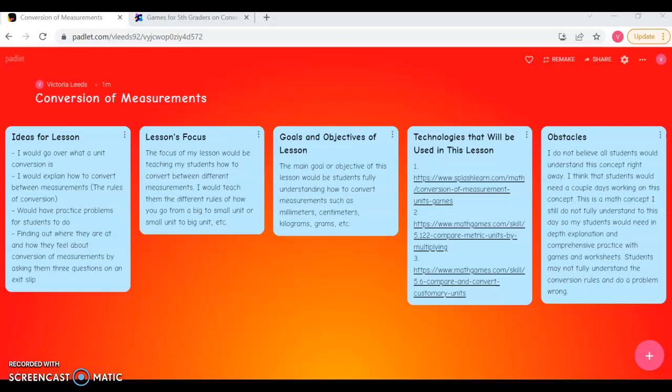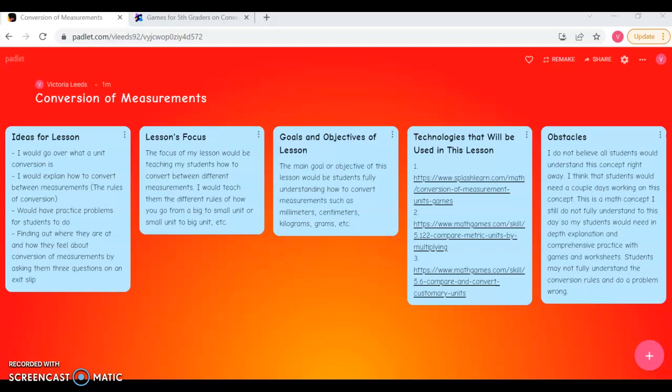Hello all. So the subject matter that I chose for my lesson plan was conversion of measurements. I would say that I've always been really good at math, but this is something that has always been really tricky for me to understand, especially when the problems get more complex, like using conversion proportions, and I get tricked